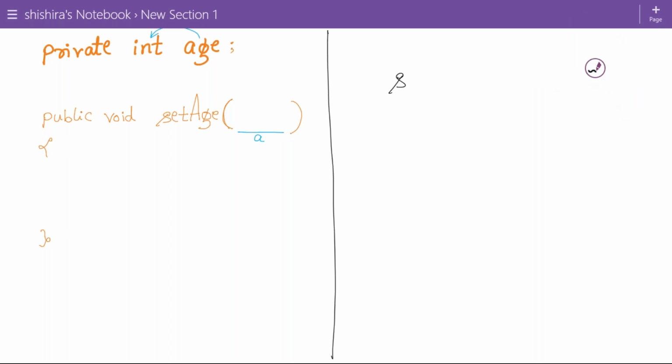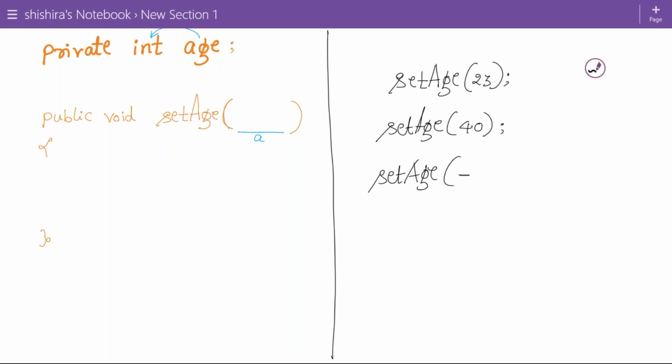For example, if someone wants to set the age, they should call it as setAge of 23, right? Set the age of, let's say, 40, right? setAge of -5,